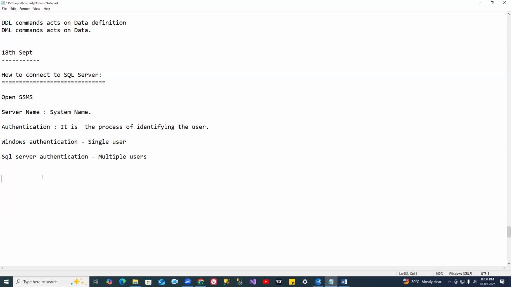Now this Microsoft Entra ID is an identity and access management solution. Let me write here. Microsoft Entra ID is an identity access management, that means IAM, identity access management solution that helps